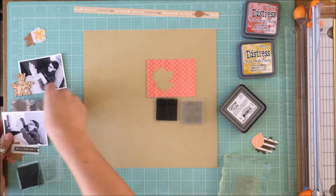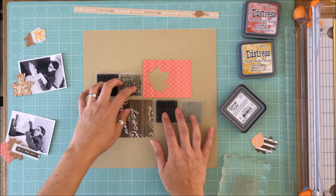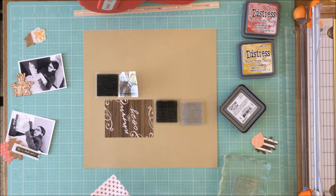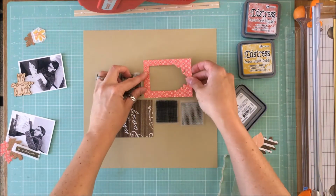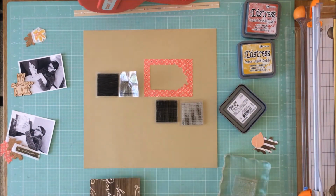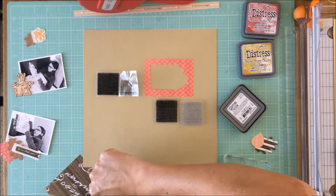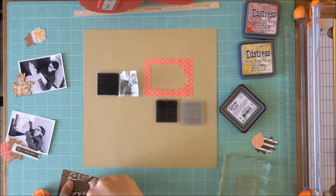So I finished trimming off the paper, and now I'm going to place down the day in the life cards that I'm using to back the pictures so that I can get the symmetry of the stamped squares around the layout. So I'm just going to adhere those down, and I remembered that there's not a lot of that salmon-y pink in this collection, and I really like it, so I wanted to save the innards of the cards because really all you were going to see was the little bits poking out of the edges to create a layer behind the pictures. So I just trimmed out the insides